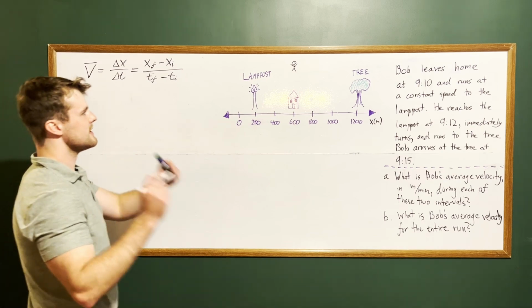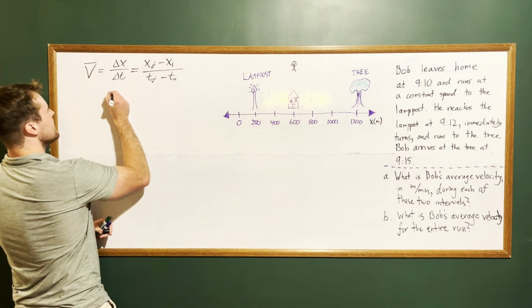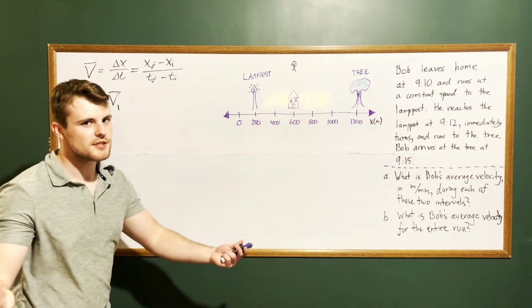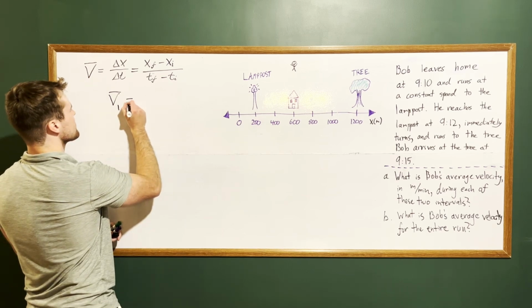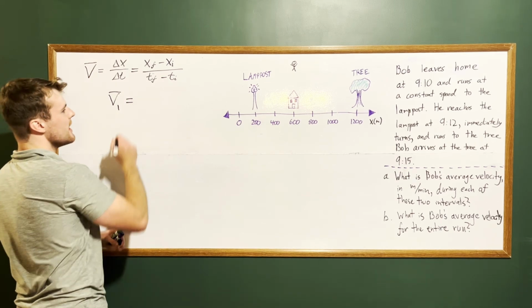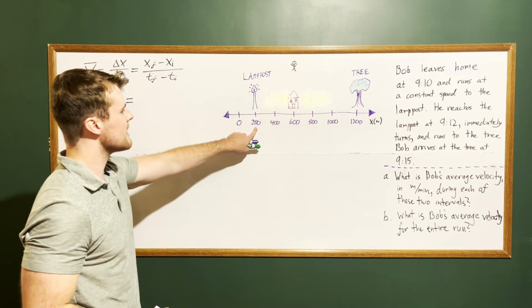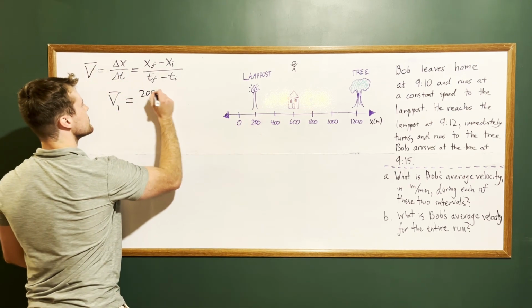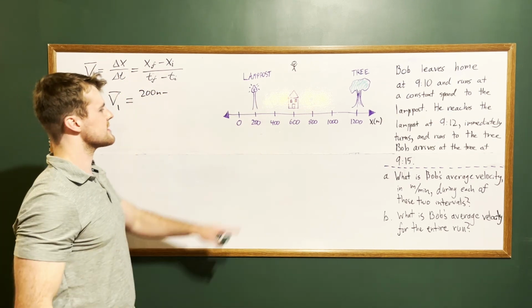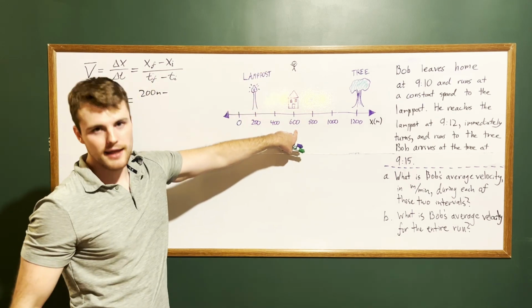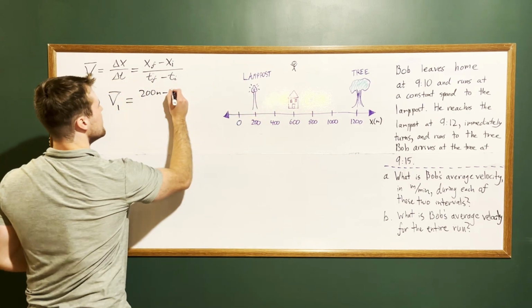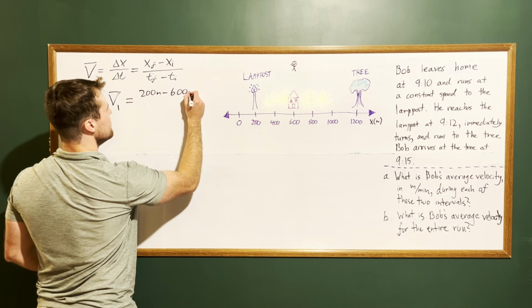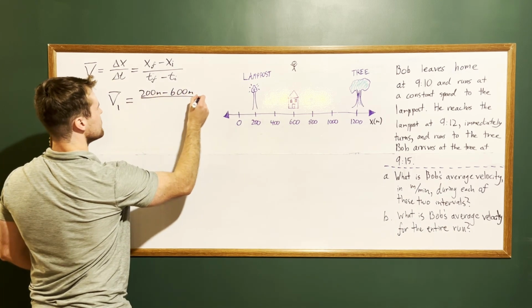V bar 1, for our first interval of the trip, equals x sub f minus x sub i. X sub f, he ends up at x equals 200 meters, minus x sub i equals 600 meters, divided by